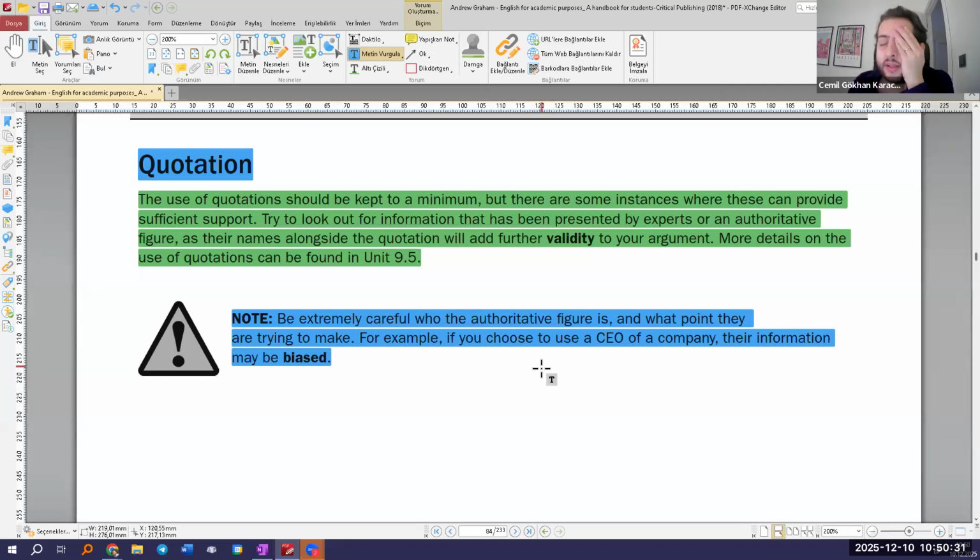So if you are looking at some lab results or a study in a certain topic, we should see which organization was behind the study, which organization backed that study up, gave them the financial means to conduct the study. So if you are getting the financial means from a certain, let's say, stanced organization, your results might be in congruence with their aims.